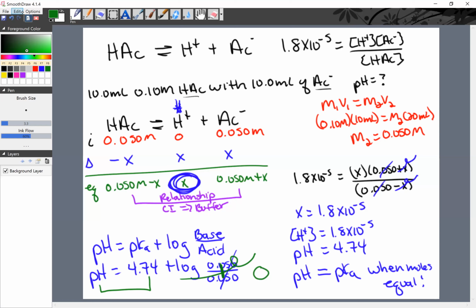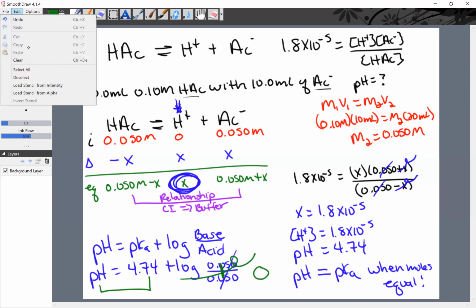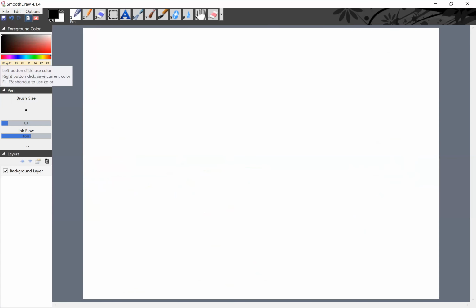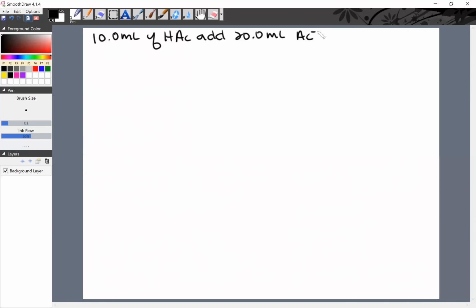I'm just going to erase this whole thing again. We're going to do vinegar again. So this time I'm going to put in 10 mils of the HAc and 20 mils of the acetate. Okay, sodium acetate, there's always a counter ion. And let's start with 0.15 molar acetic acid. And let's start with 0.100 molar acetate. Okay, and so remember,